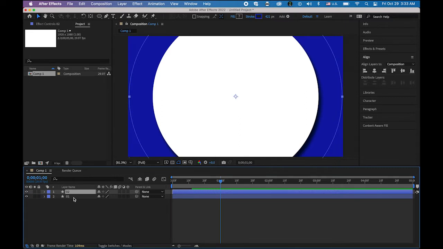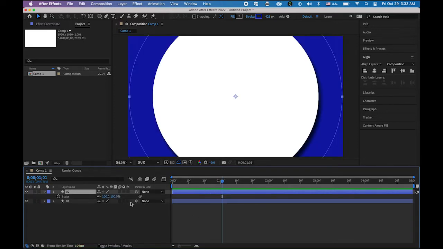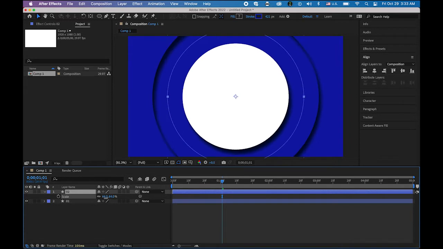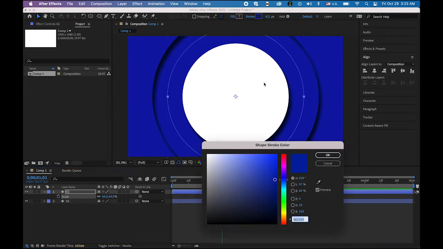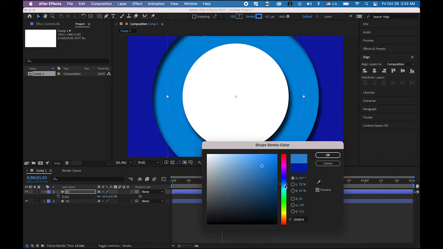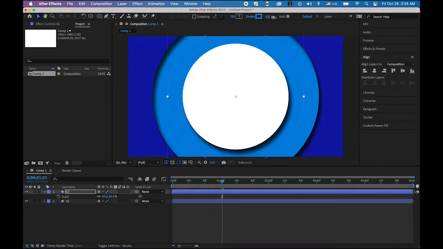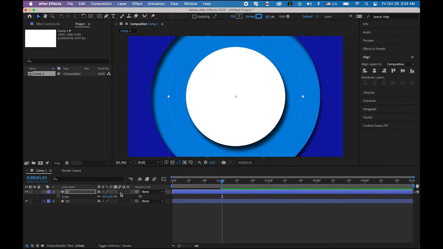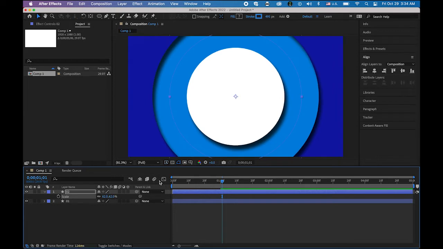I'm gonna make it a little bit smaller. So hit the S key, scale. I'm gonna make it smaller, like that. And then stroke color is gonna be much lighter blue, maybe something like this. Maybe that's too bright. Maybe somewhere here. And then also I want to have a little bit different stroke weight, make it a little bit smaller, even smaller than that. Okay, I think it looks good. A little heavier, a little smaller. Okay,